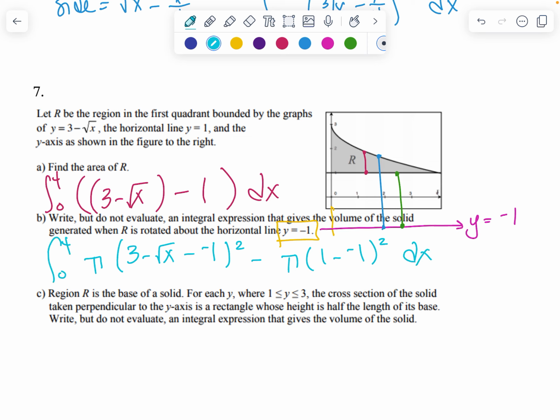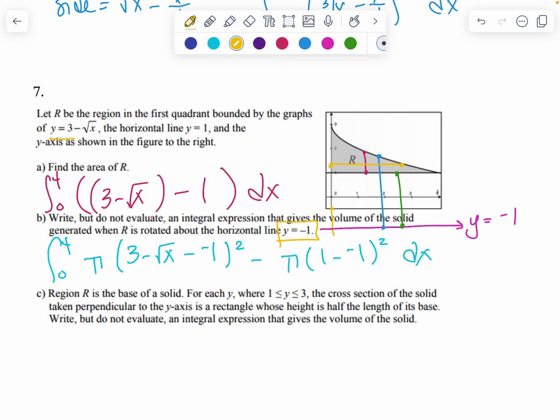And then the last part is asking us to look at cross sections perpendicular to the y-axis. Perpendicular to y-axis, have to go to the other variable. And we're looking at projections, okay? And so it's a rectangle, and the rectangles have a certain height. The height would be this yellow line, okay? And that would be one dimension of the rectangle. And then instead of projecting out to the same dimension, like being a square, it's going to be half of that length,